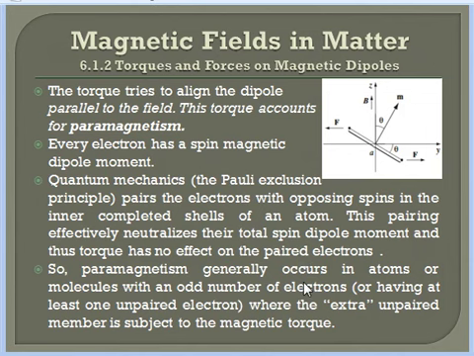So paramagnetism generally occurs in atoms which contain at least one unpaired electron. That is an important point. Paramagnetism occurs in atoms or molecules or materials having at least one unpaired electron. If all the electrons are paired, then that material will not be paramagnetic, it will be diamagnetic. So paramagnetism can be seen only if unpaired electrons are there, where the unpaired electron is subjected to the magnetic torque.